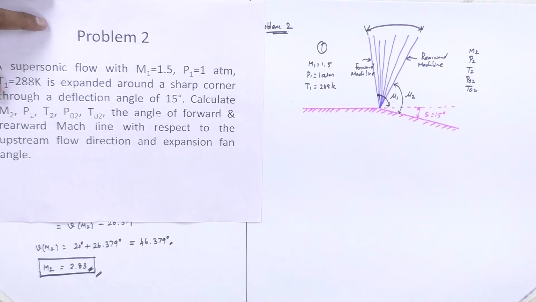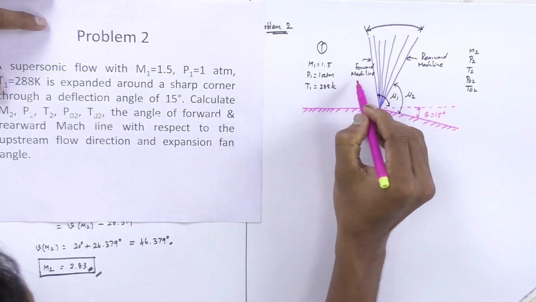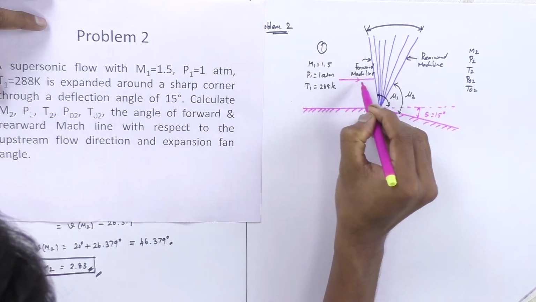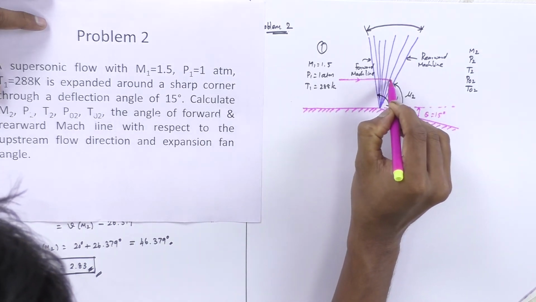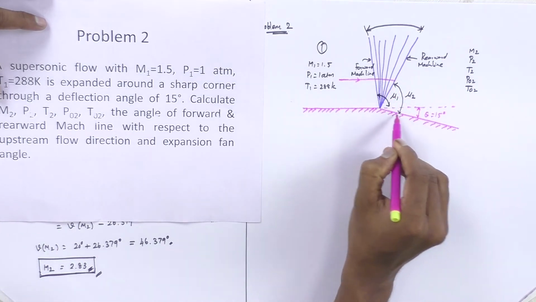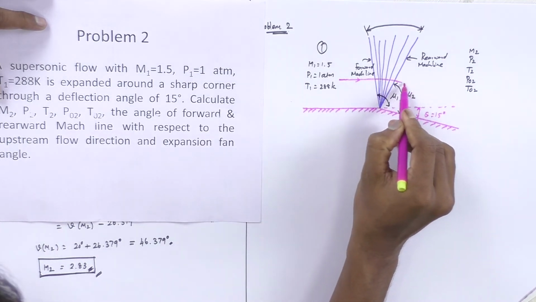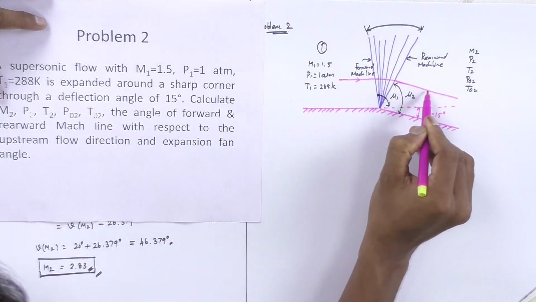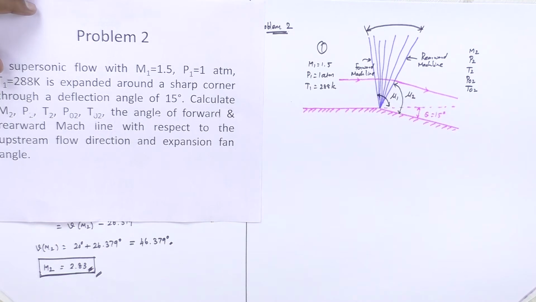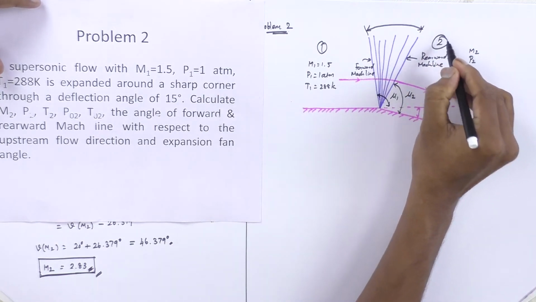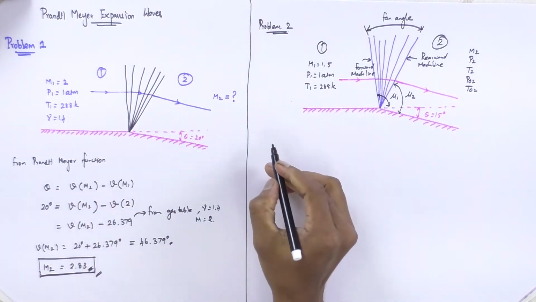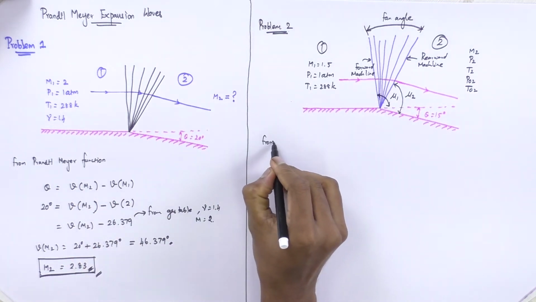So here the flow will be like this: upstream, the flow will be parallel to this surface, then it will be deflected in a curved path, and finally it will be deflected to this angle, parallel to this surface. So downstream the flow direction will be parallel to this surface. Let's say this is region 2. First of all, we should find out the M2 value. So again, from the Prandtl-Meyer relation,